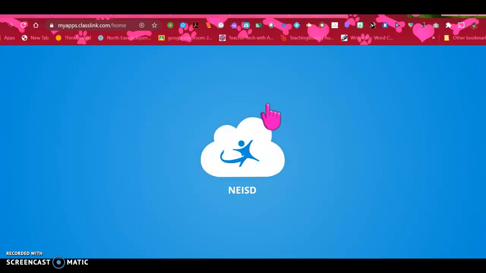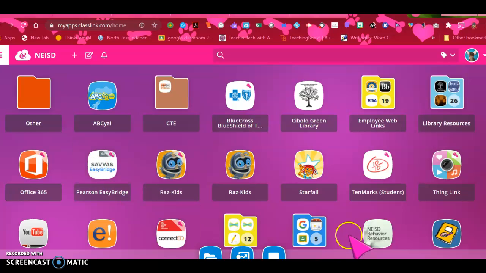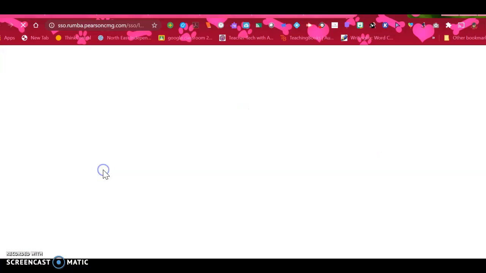and you have to make sure that you're signed in with your login under your Google account. You can see Miss Morris has her little icons here. And then I'm going to go into this icon right here. It's called Savvas Easy Bridge, and it used to be Pearson. They just merged companies. So they have the same reading material and the same My View